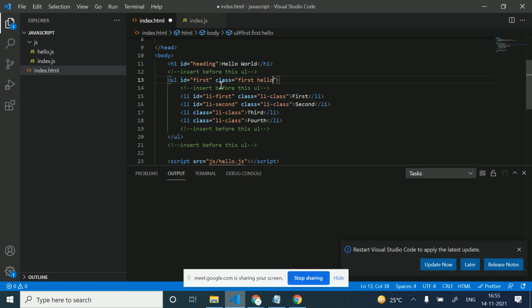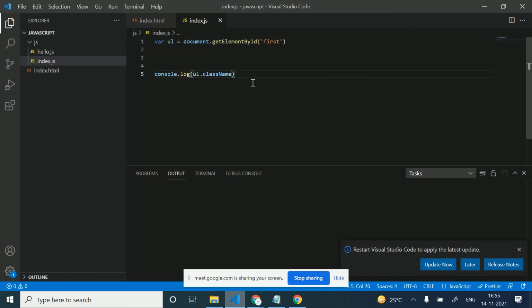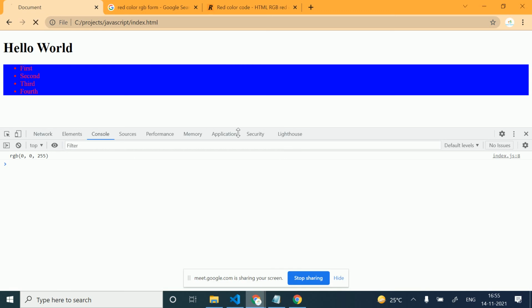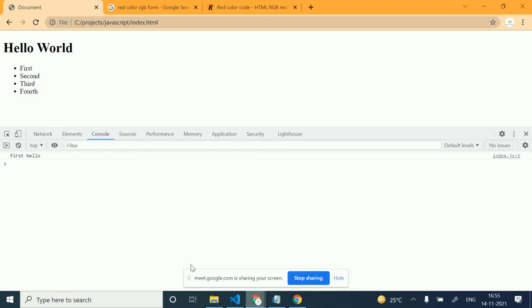I'm adding two classes here. So let's check. I'm getting this by ul, and we can directly set it from here as well. Now I'm going to refresh this. Now I have both the classes here, hello first.